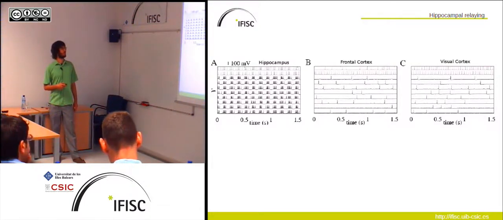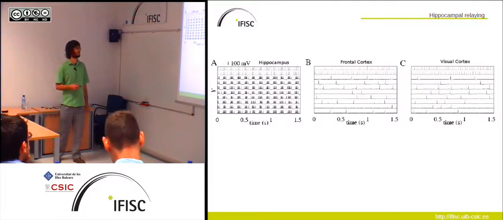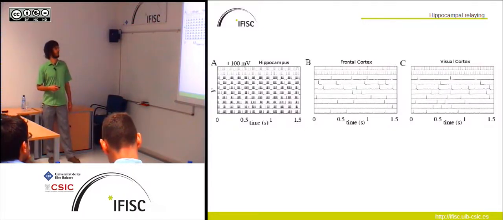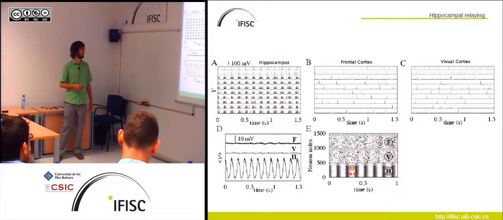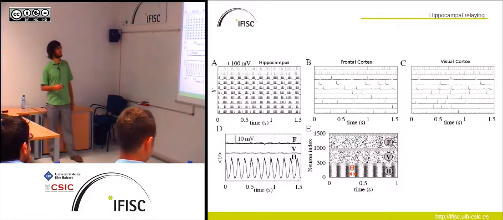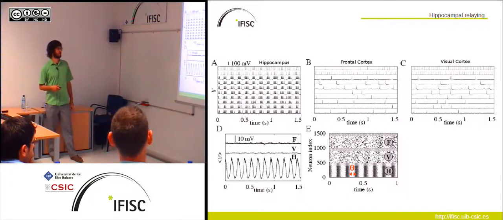We consider most of the neurons in the hippocampus acting in burst mode, connected so they synchronize in the theta band, and we consider the cortical areas as mostly irregular spiking. Those are just some random neurons created in each area, and this is the average membrane potential of the population. The hippocampus shows nice theta oscillation, so it generates theta oscillations, and the two cortical areas do not show